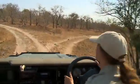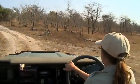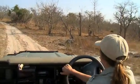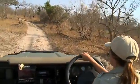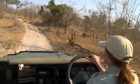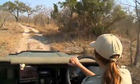I know that in particular Tara is very fond of warthogs, and I'm still aiming to get her an epic warthog sighting at some point, and of course for all of you as well. They are fascinating little creatures to watch, quite unique in their structure,